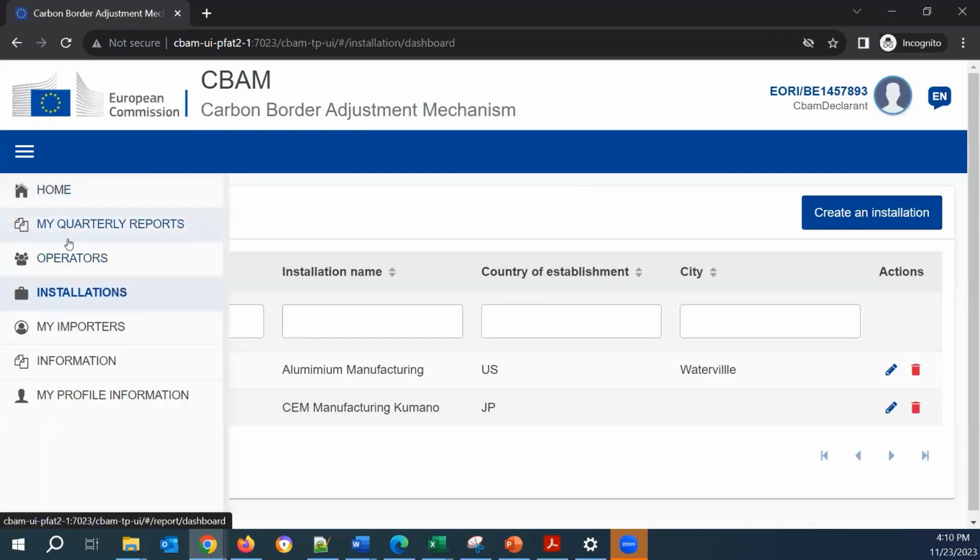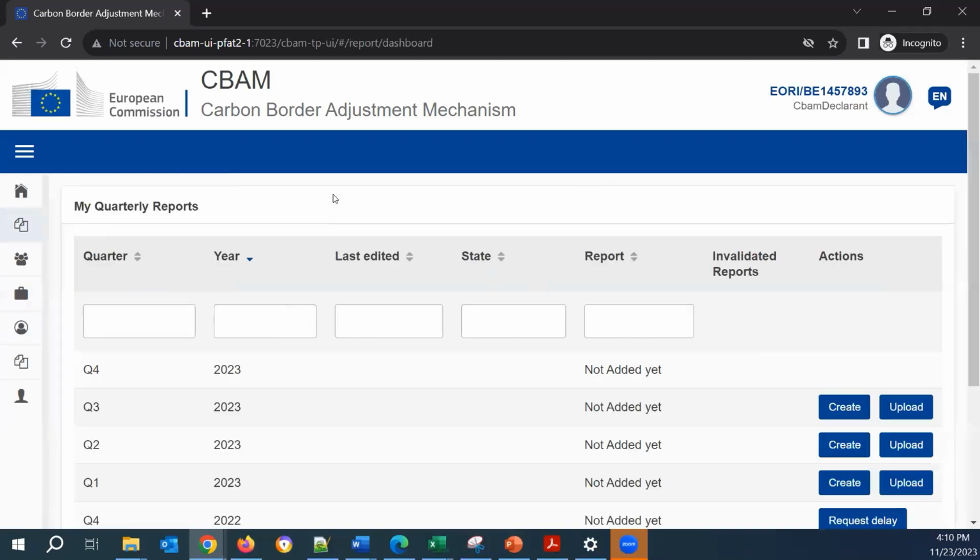Let's go now to create our CBAM report. Please note that this is a development environment, so everything you see here doesn't mean that you will see it in production, in terms of buttons, right? I will create my report for Q3 2023 because it is a development environment.